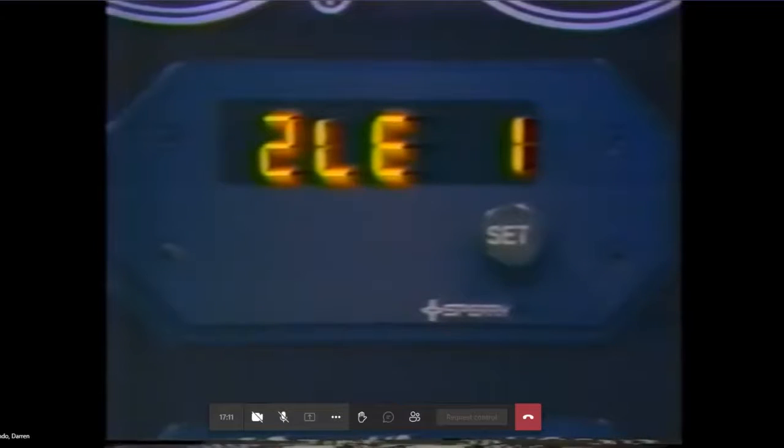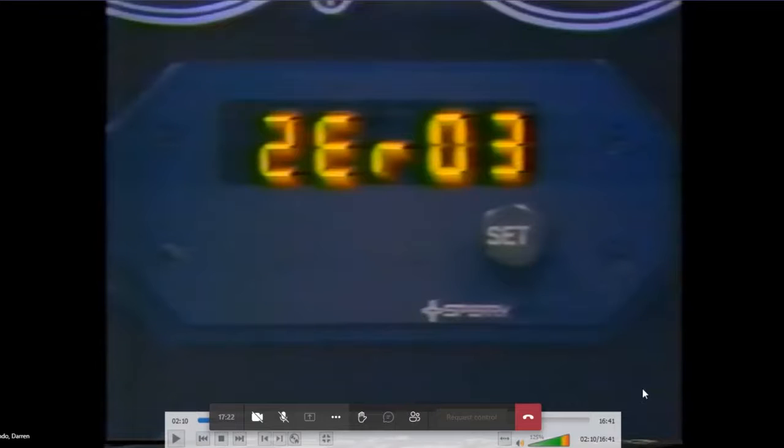The AL300 will also display codes for system faults detected during the power-up and pre-flight test sequence. So the first one that we saw wasn't necessarily a fault. That was a level 2 test going on. This is a fault, a level 2 error code. It's code number 3, and you'd have to go to the flight manual supplement to figure out what code 3